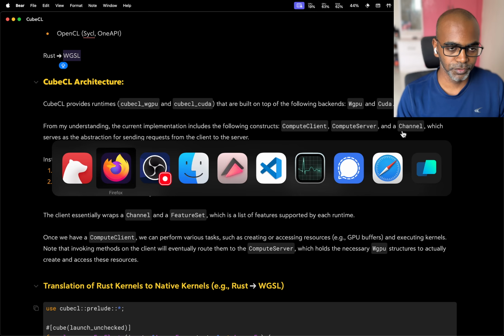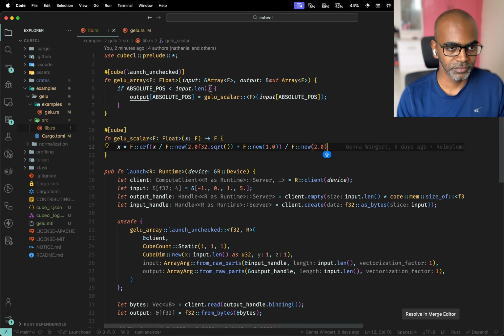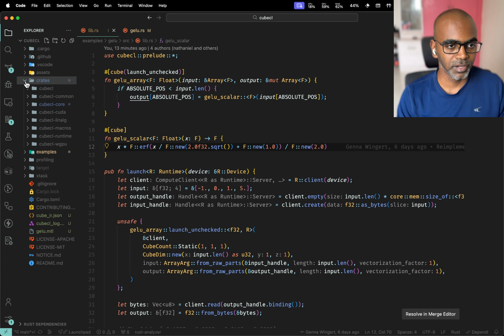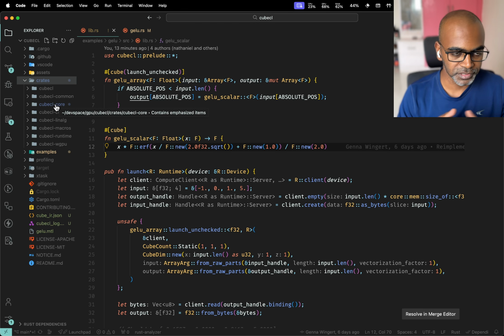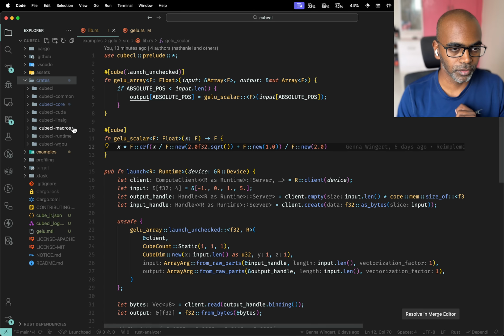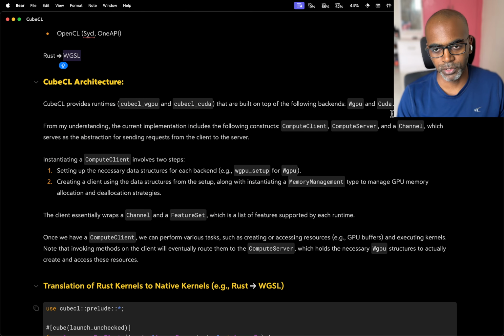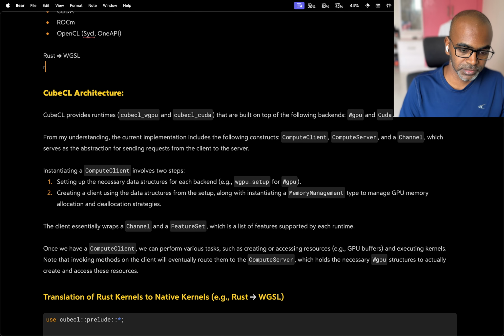If you actually go and look at the implementation, let's jump to the implementation rather than turn around. So you've got crates. This is the CubeCL implementation, all of it. You've got a bunch of different crates in here. cubecl-core is the main one that has a lot of the core components baked into it. The core constructs are baked into cubecl-core. And then you also have cubecl-runtime. And then for each of the different backends, like the ones I mentioned here, if you are trying to translate, by the way, CubeCL does not just do Rust to WGSL, but it also does